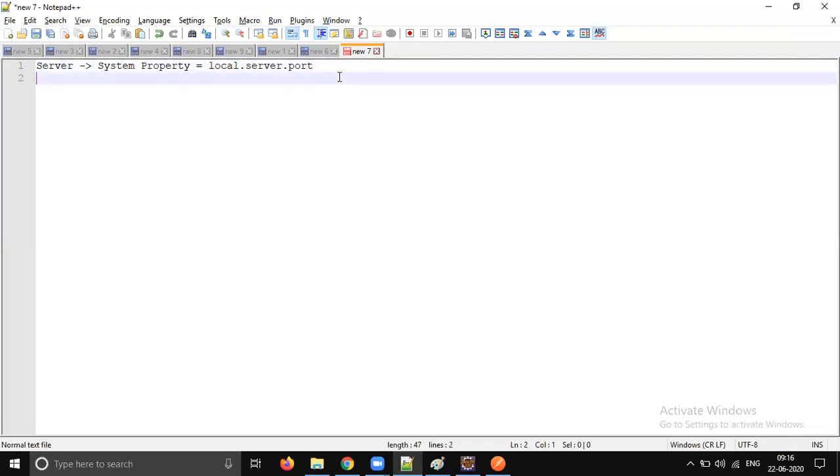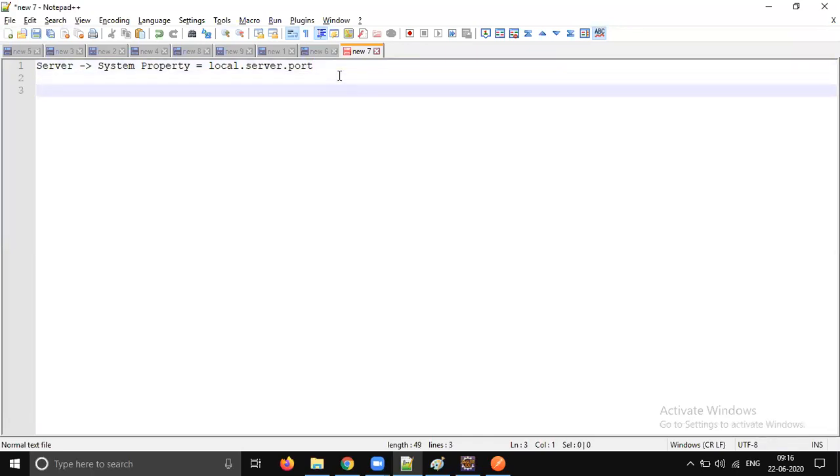To read the system property, which class do we need to use in Spring? Externalized configuration, in the day 10 or day 11 session. Come on guys, how can I read system properties? By using the Environment. By using Environment, we can read system properties.